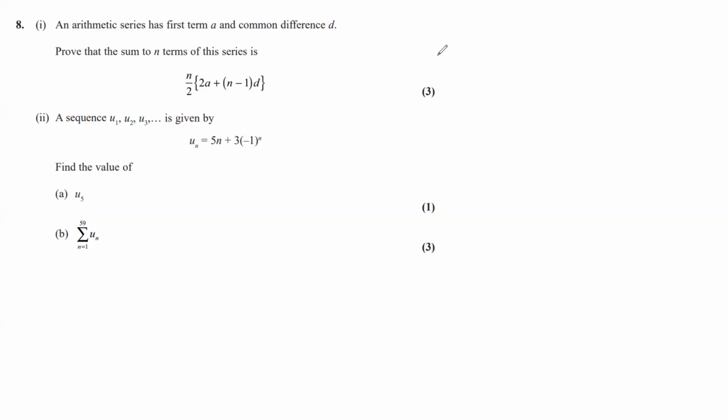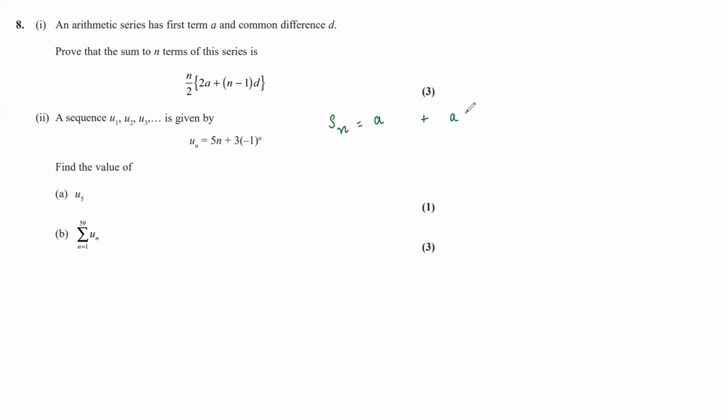An arithmetic series has first term a and common difference d. Prove that the sum to n terms of the series is n by 2 into 2a plus n minus 1 into d. So we know the sum of n terms is equal to the first term, which we know is a,